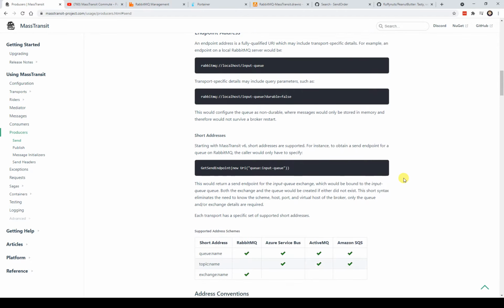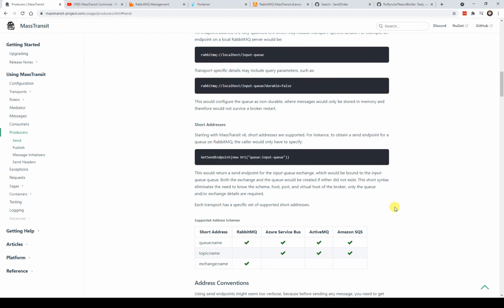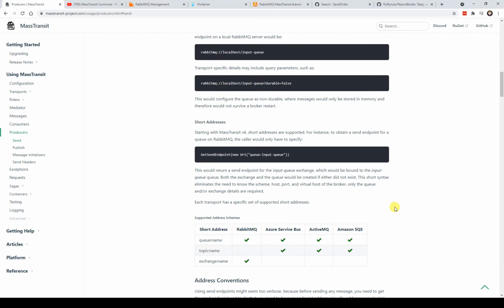So this was the mechanism that I used. I just used queue and the queue name. And this is relatively new, which is why I always put my version numbers when I'm showing examples. As we saw, although I'm using queue, both exchange and the queue will be created if they don't exist. That's really, really strong. That's a really good process because it means that